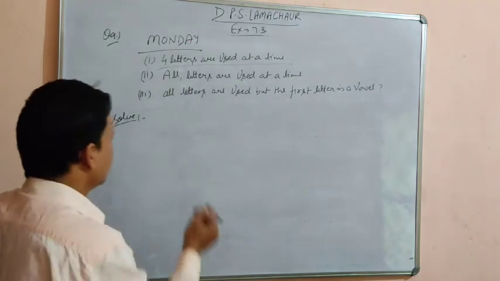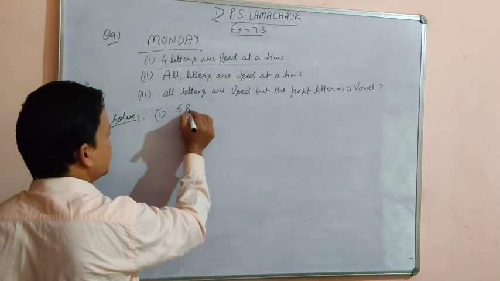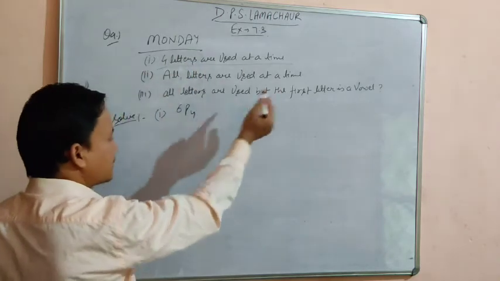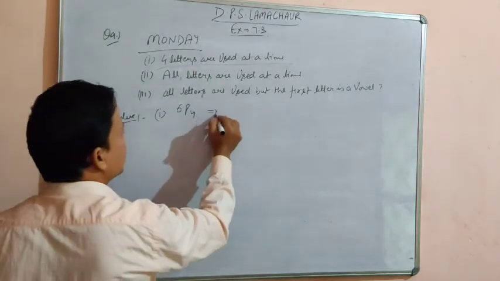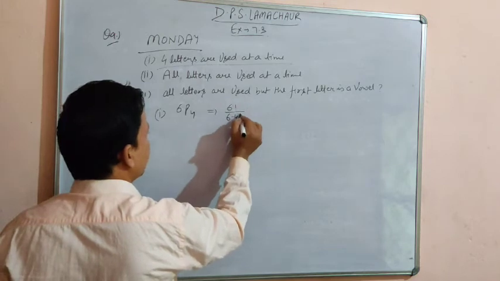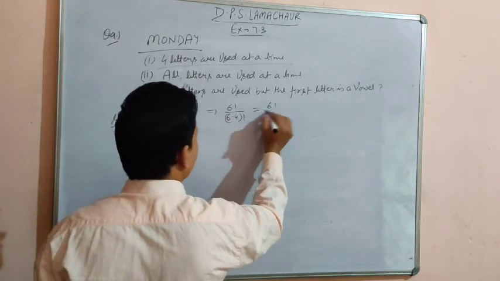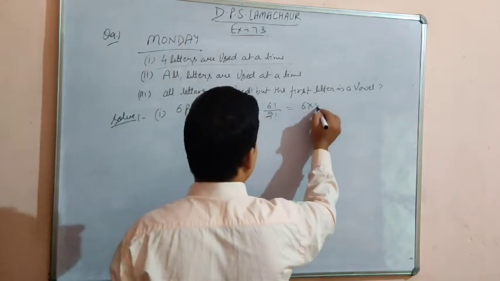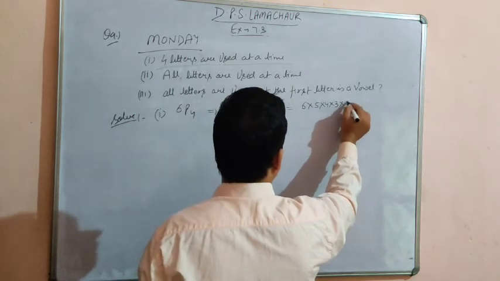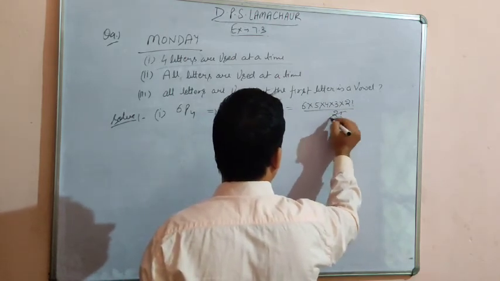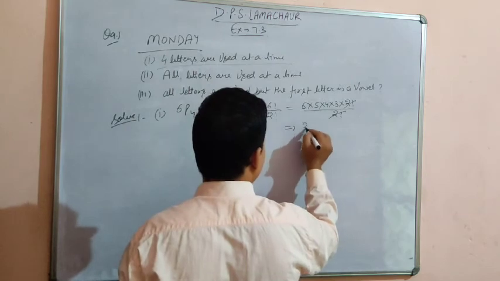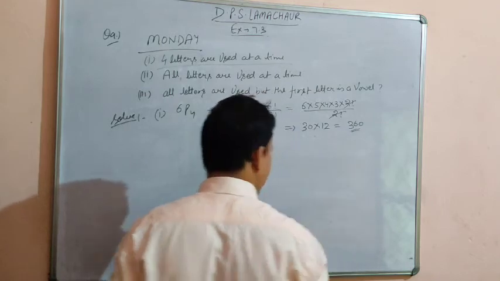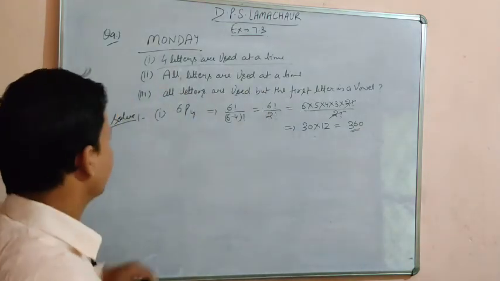So the number of permutations will be 6P4, because we have 6 objects, but we are taking only 4 at a time. 6P4 is 6 factorial upon 6 minus 4 factorial, that is 6 factorial upon 2 factorial. We can expand 6 factorial as 6 into 5 into 4 into 3 into 2 factorial divided by 2 factorial, the 2 factorial cancels out. So what is the answer? 6 times 5 is 30, into 4 times 3 is 12, so 360 permutations are there. Either you can say 360 arrangements are there in the first case.